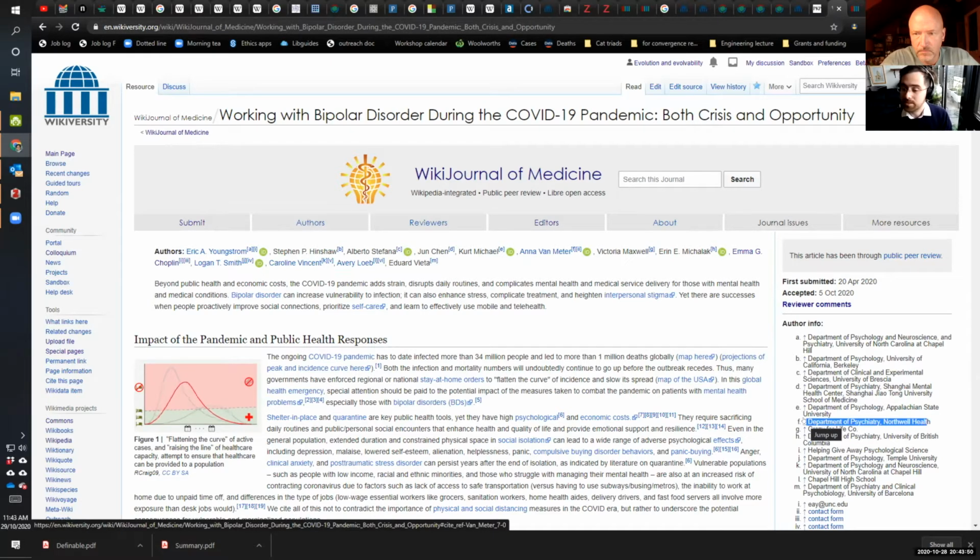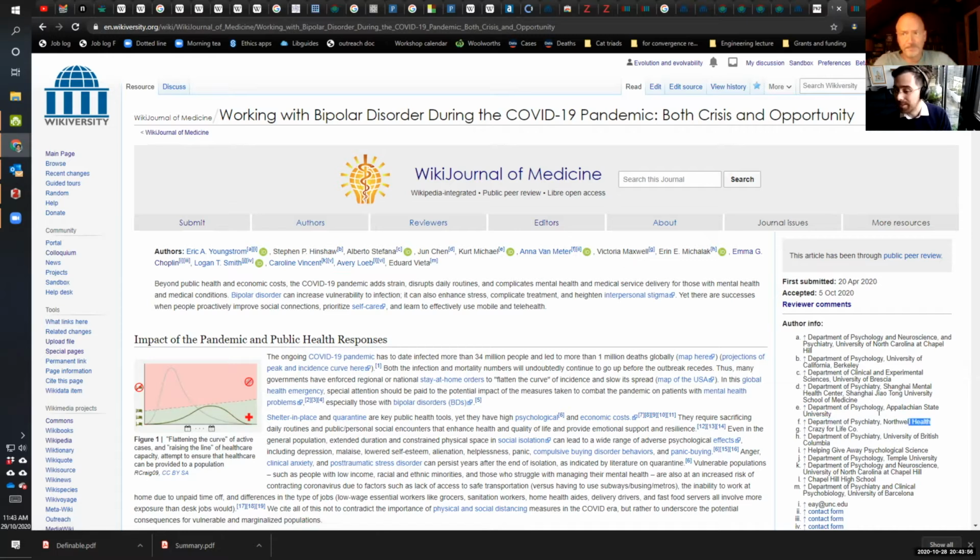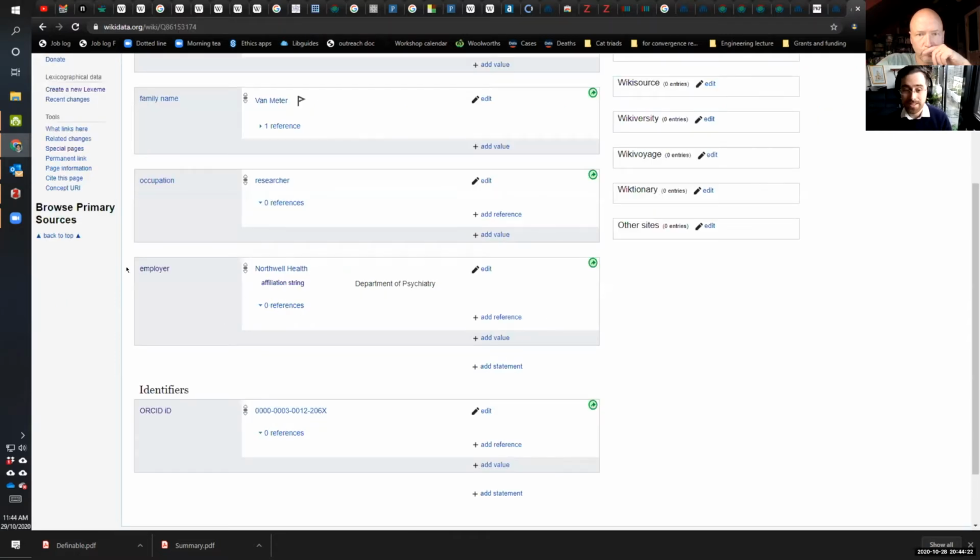The reason why this is important is it makes it all machine readable. So when we say Northwell Health in text here, instead, what's now happening is the software now knows we're specifically talking about this Northwell Health, and we can then do cool things in terms of visualization and tracking and whatnot. But at the moment, that's a manual task that needs to be done for all of these articles, not only all new articles coming in, but our entire back catalog, going through and making sure that is done for every author in every article.